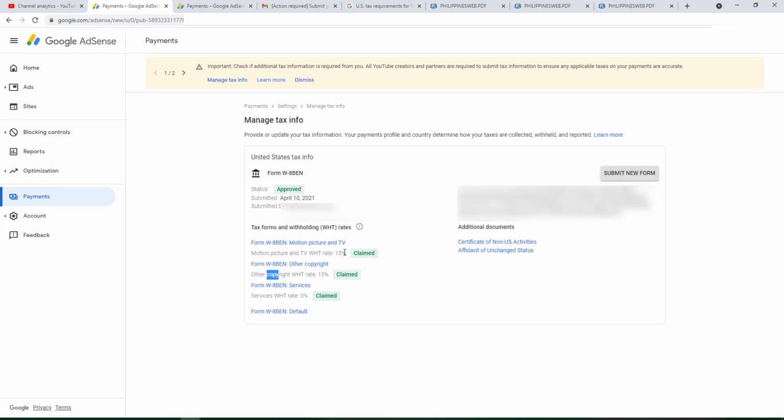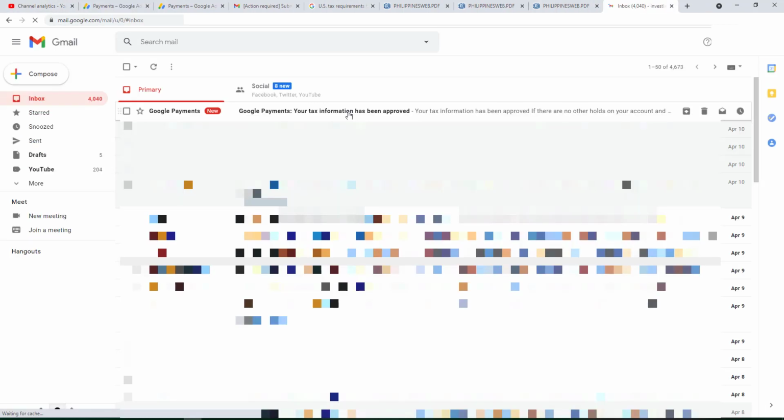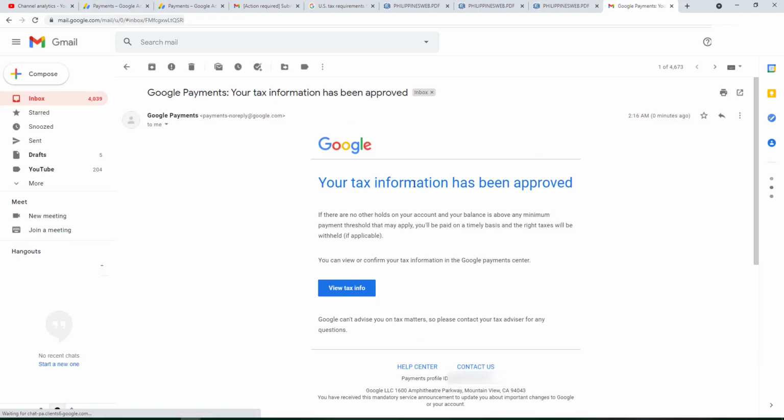So, ito na yung summary niya. 15% yung tax natin. So, ang status ko kaagad is approved na agad, mabilis. And check na rin natin yung email. And ito na yung Google Payments. Your tax information has been approved. Mabilis lang, makaka-receive agad kayo ng email from Google. Galing to sa